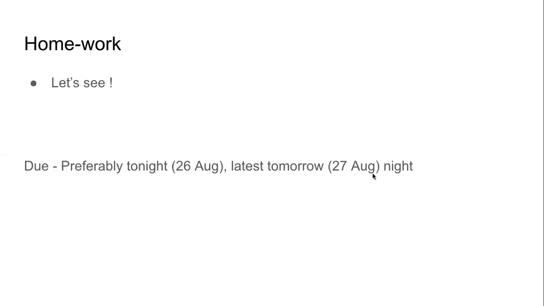So do read the 4 examples, solved numerical examples on page number 50 and 51, which you should have read before coming to the class. If you have not, do it before the next class and let me know if you have any doubt. So your homework, most of the work we have done in the class. So I'm going to ask you to read some pages for the next class and answer the questions that we discussed in the class properly. I will update the slide and share it with you immediately after the class. Try to complete the homework by tonight.